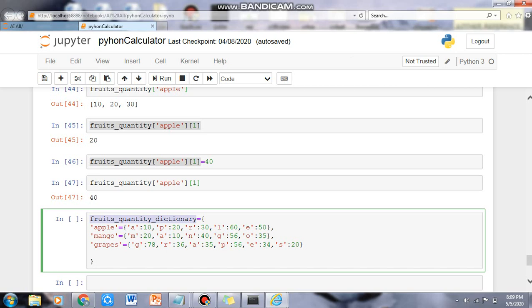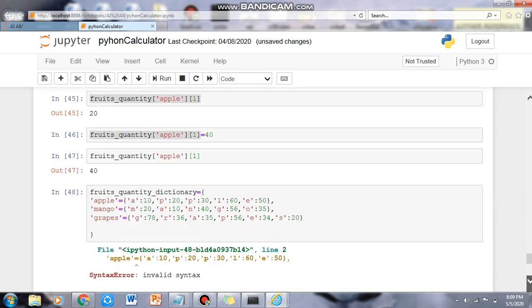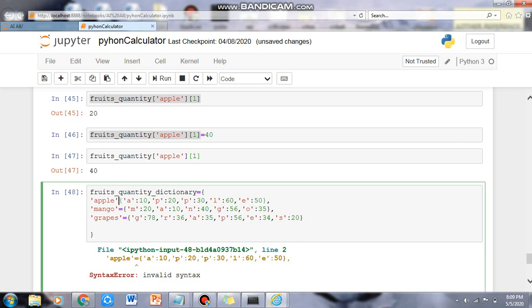So apple has its own dictionary with its values 10, 20, 30, 60, 50, and similarly for mango and grapes. Now when we just run this cell, it is showing some errors, and that is because we have written equal to. Why?